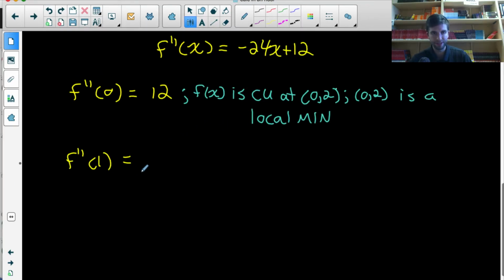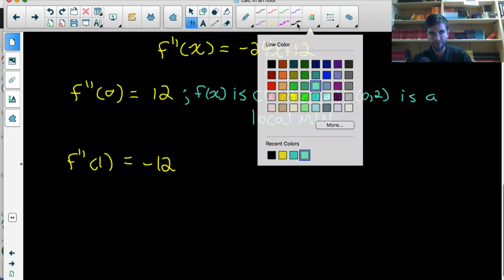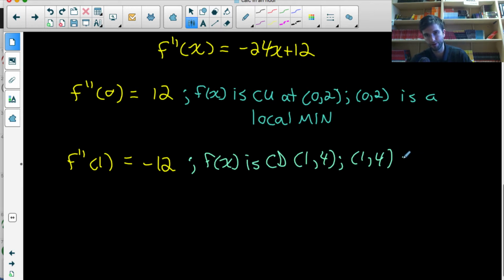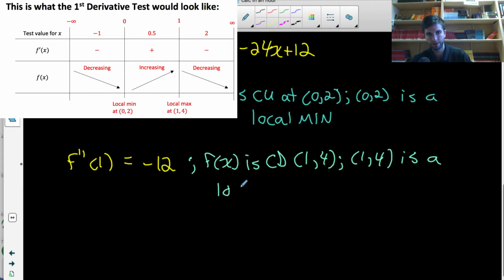Now let's find the value of the second derivative at the other critical number when x is 1. So if I plug that into the second derivative, I will get negative 12. And the fact that that is negative indicates to me that f of x at that point is concave down. So f of x is concave down at the critical point (1, 4). That means that (1, 4), since the function is concave down and has a horizontal tangent there, is a local max. So we were able to classify those 2 critical points as local min or maxes using the second derivative